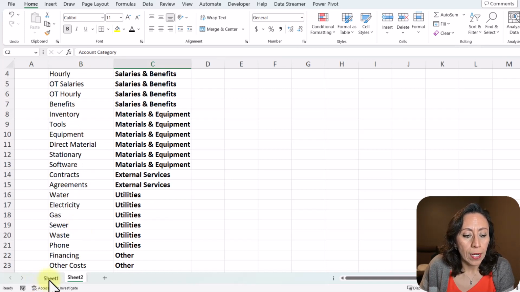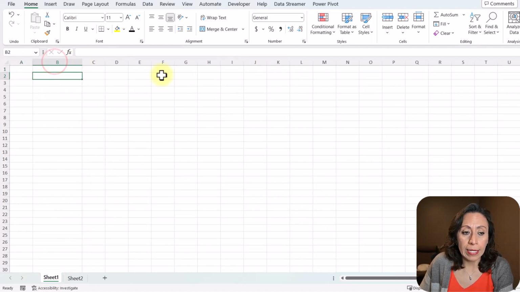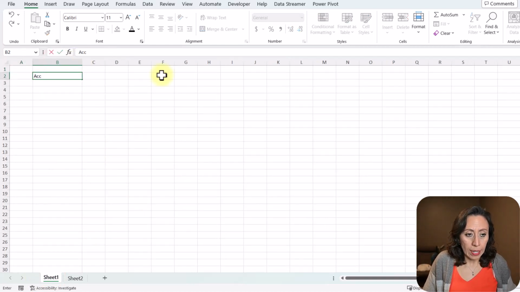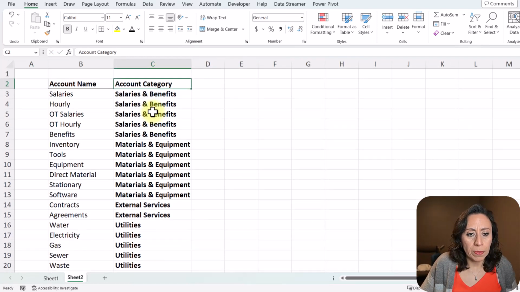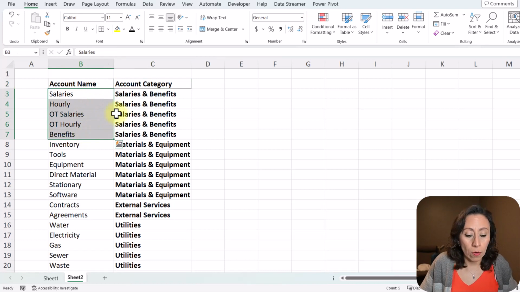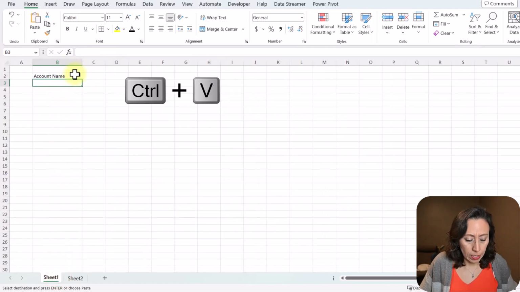Perfect. I'm going to go to Sheet 1, and here is where I'm going to create my list. And this is going to be account name. Let me put this one correct here, account name. And let's say I'm just going to bring a few items here. Let's say I'm going to bring all the salaries and benefits, Control C, and I'm going to paste that here.